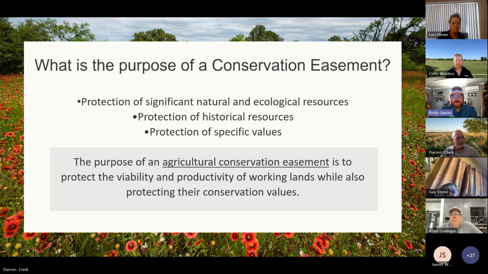but I think we can dive a little deeper on this slide. First and foremost, usually the one that's always going to be included is that first bullet point there, protection of significant natural and ecological resources. And whether that's either a purchased easement or a donated easement, and we'll get into that in a minute, usually there's going to be some protection or some benefit to conserve some